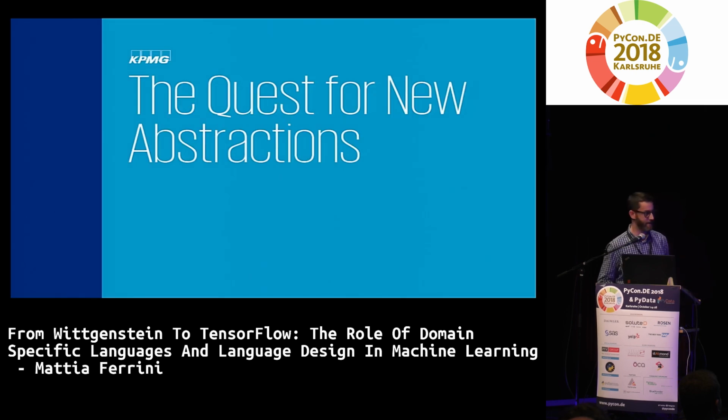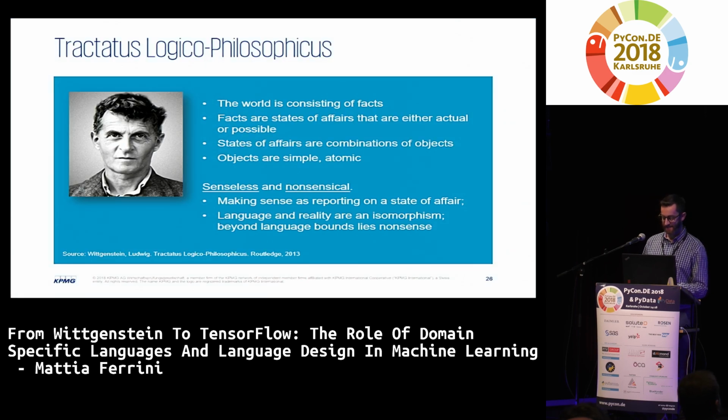So in this first part, we hope we managed to understand what a domain-specific language is and why domain-specific languages are important and the role they play in machine learning. Now, we're going to try to understand how domain-specific languages also help us abstract away part of the problem. And I was looking for inspiration, and I figured out, thanks to a few friends, that philosophy of language is a very helpful and mostly untapped